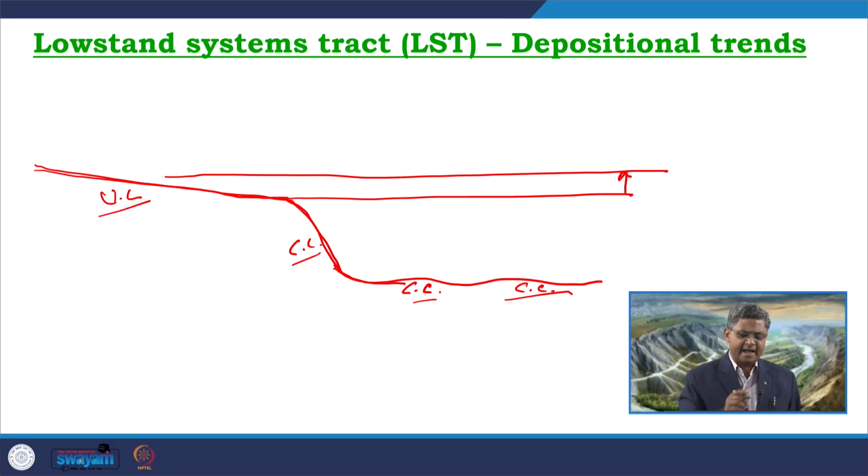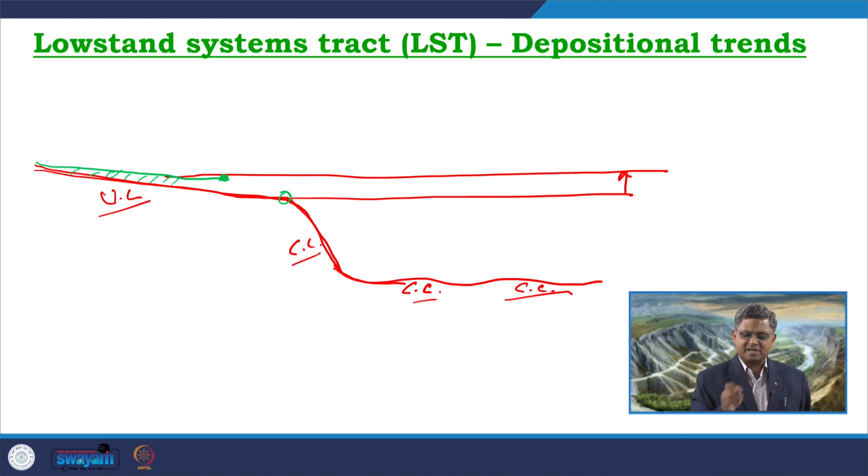But what is expected, as the base level is rising up over here, is that the fluvial profile which was earlier reaching at this point, this fluvial graded profile, the fluvial equilibrium profile, will try to rise up. As a result of that, the new fluvial equilibrium profile will be somewhere here. So, the fluvial system will face some amount of aggradation. So, fluvial systems will no more incise. At the same time, the sediments are supplied over here in this part.